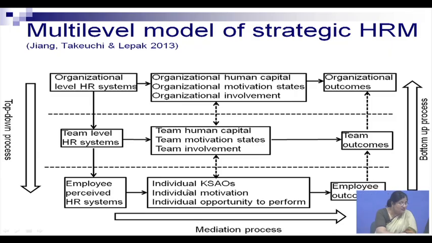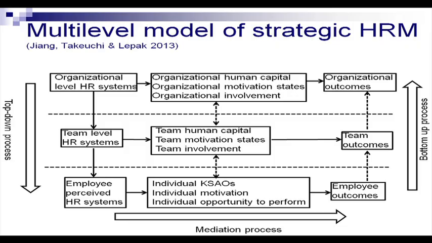So this is how this feeds into this: the opportunity to perform, the motivation we had, the knowledge, skills and abilities we had fed into the human capital, and that leads to team outcomes. My individual outcome as an employee is development of this course. The team outcome is development of a series of courses. Initially it was just individual courses. Now the team outcome has evolved to reflect in the certification courses.